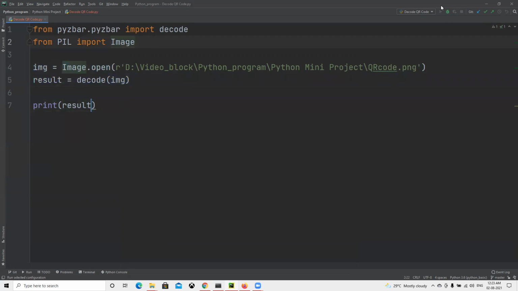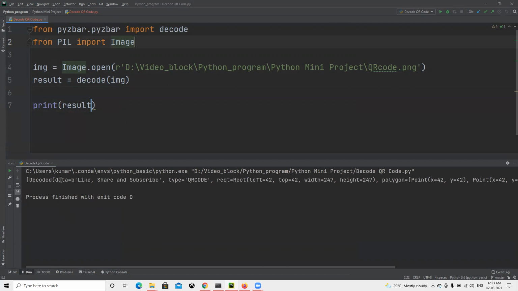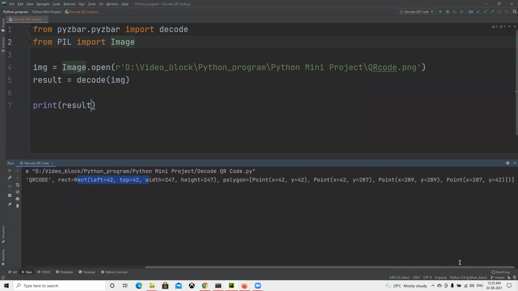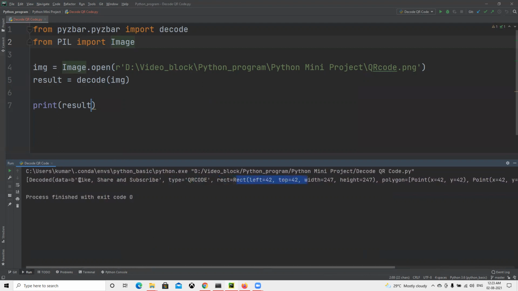Now go ahead and run this one. So now we can see that it's storing all those details, like share and subscribe, whatever value we passed. Then its type, its length, top, height, width, everything is going to give us all those details whatever we passed while creating that